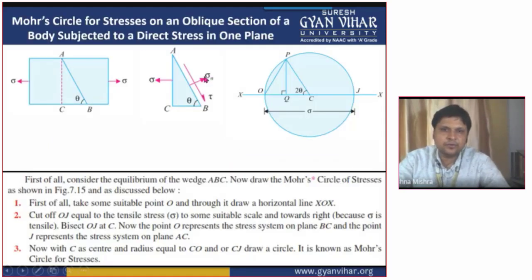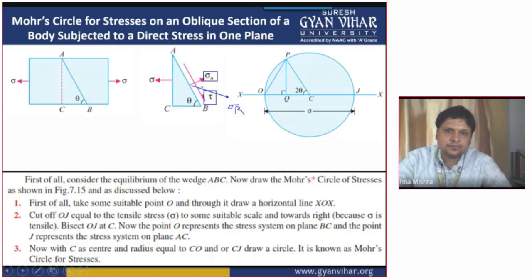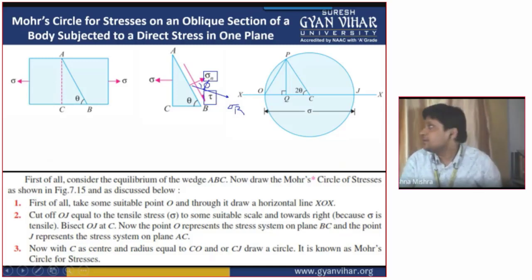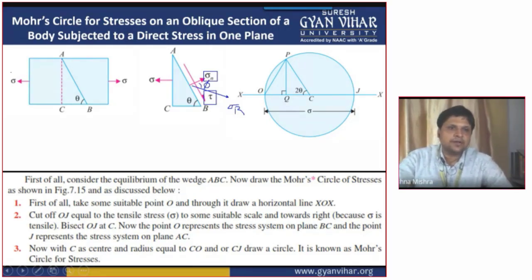As I have told you, after calculating sigma theta and tau theta, the resultant is calculated. In this direction, it is represented by sigma r, and the angle is known as the angle of obliquity. This angle, which I have represented by phi, is the angle between sigma n and sigma r. So this was the first case. It was an easy case, where there was only a uniaxial loading acting on it.